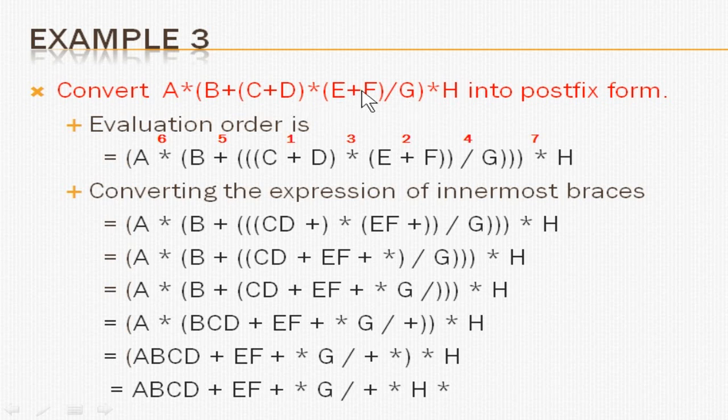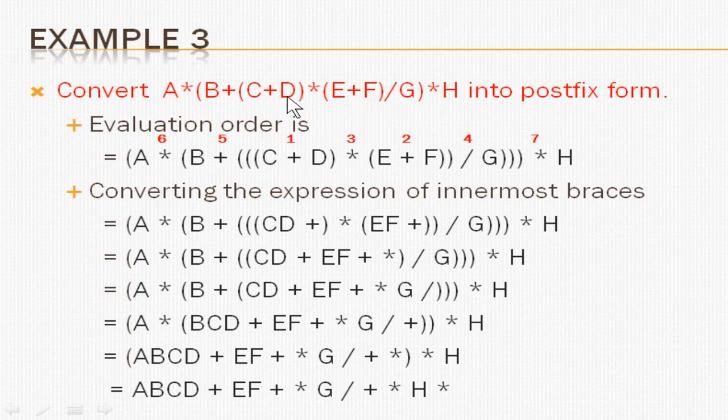By observing it, you know that there are already brackets 1, 2 and 3. Two are innermost brackets. So C plus D will be evaluated first and then E plus F. Then inside the outer bracket you have B plus asterisk and slash G. B plus will be evaluated last. The reason is you have asterisk and slash. Since asterisk and slash have the same priority level, it first multiplies and then divides by G. So this will be the third.